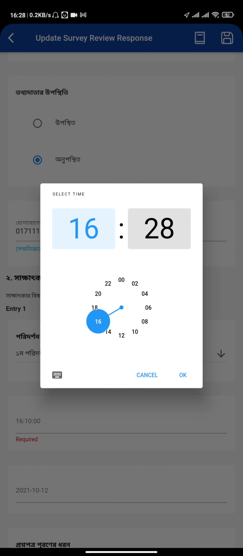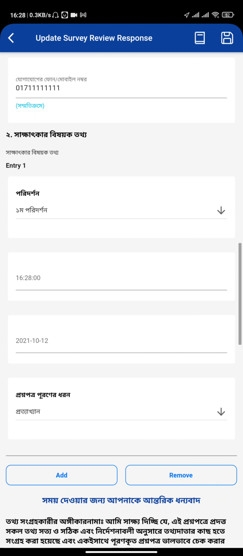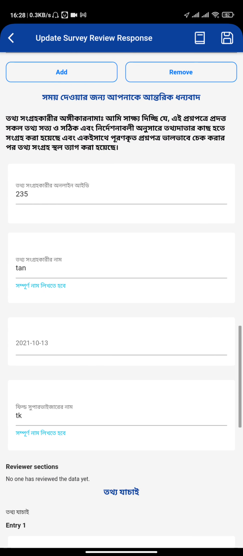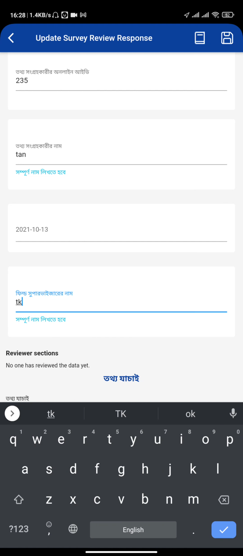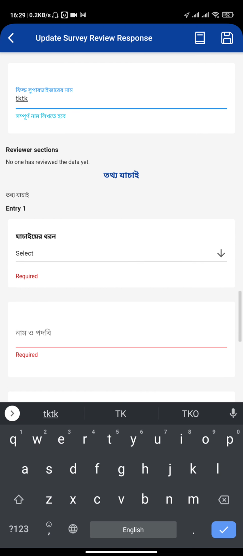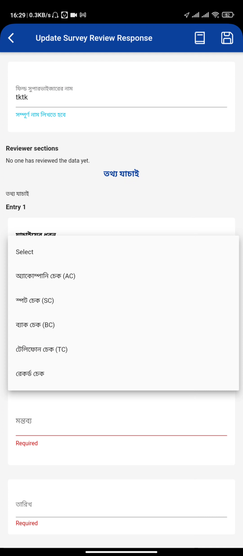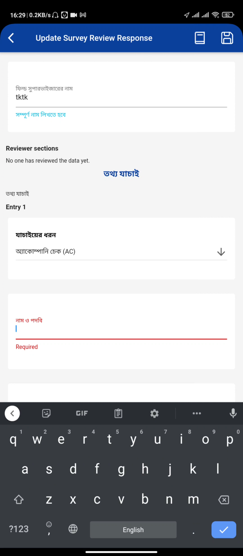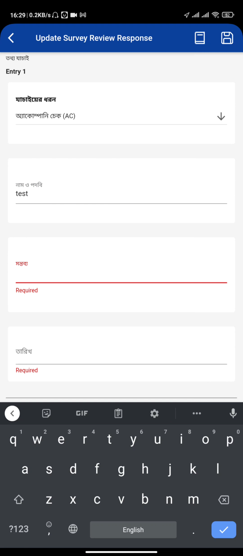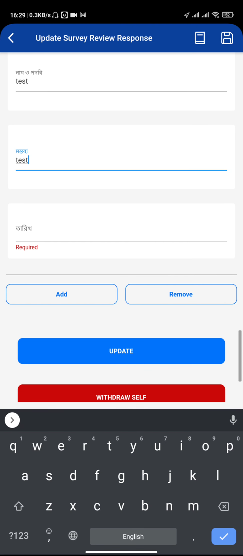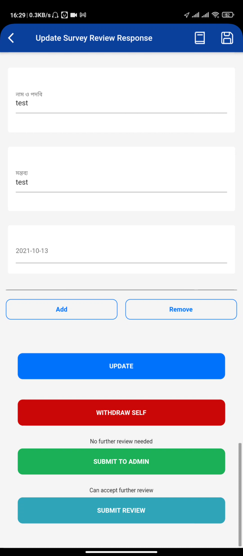For example, I'm going to click on the time, and I'm going to click on the field name. I'm using some dummy data here. Then there will be some dedicated reviewer related fields. We have to fill them out. It's like the review type. I'm selecting some example data here. Select some date, and at this point I can do three things.